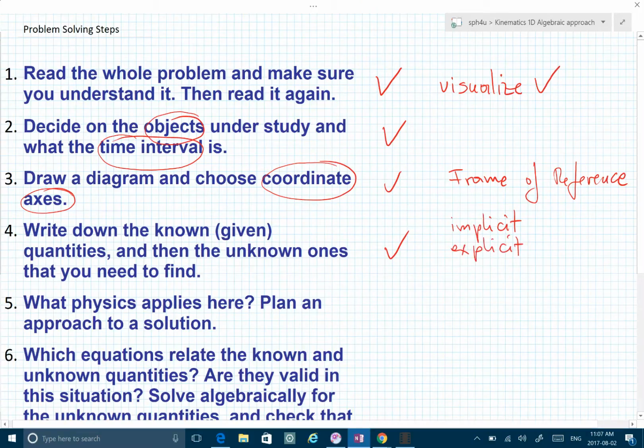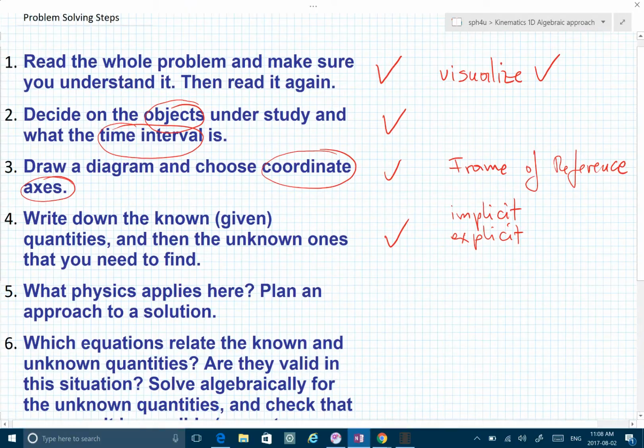All right. So explicit means the numbers are there. Implicit means based on what you're reading, something is given to you. Something like, for example, at rest, or it came to a full stop, or it starts from rest, which means you know initial velocity or you know final velocity. Okay. And of course, you have to figure out what it is you're looking for, what it is you're trying to find. What physics applies there, which means,